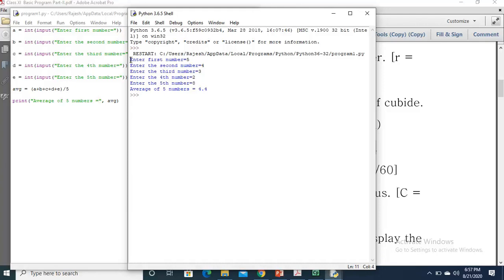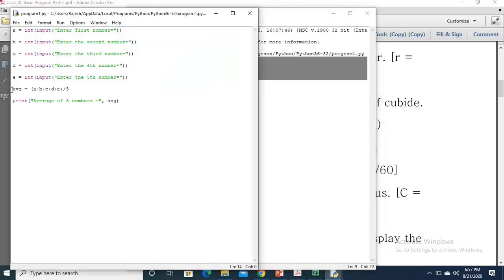Again, whenever you are going to write code, first you have to decide what the input should be. Here I have taken 5 values. When I read the program, I just need the 5 inputs. Then what operation will it perform? It will calculate the average. This is the method by which we can calculate the average. Then we have to store the value, and the third step is to print the result. Here we have used a meaningful message.